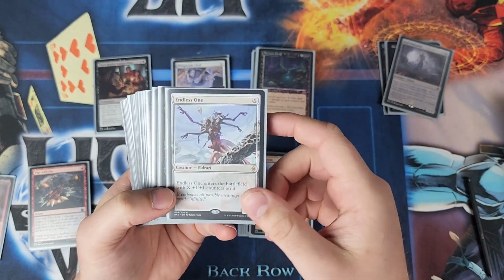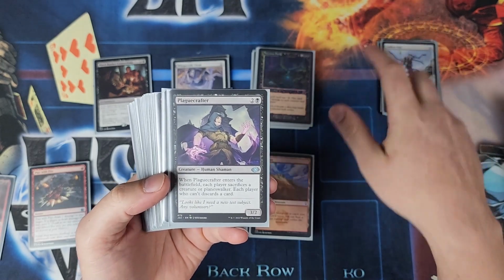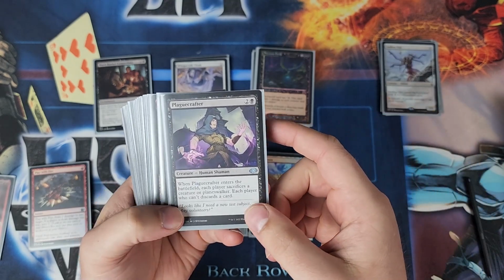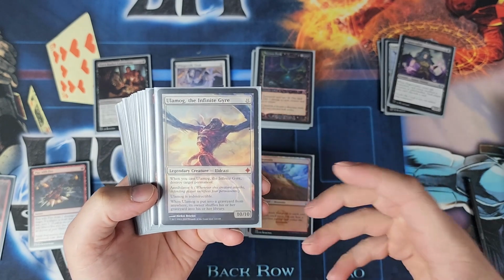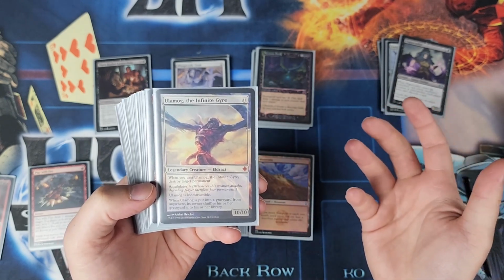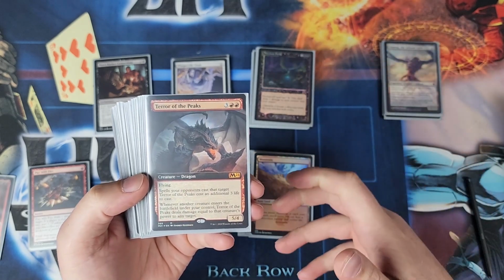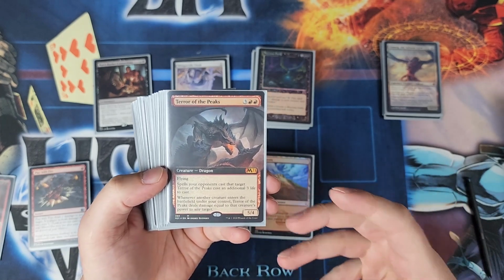We've got Endless One, Plague Crafter. This is from the new Jumpstart, and this is the anime version of it. We've got Ulamog, the Infinite Gyre. You have to have the Ulamogs. Terror of the Peaks really is kind of an auto-include in just about everything,